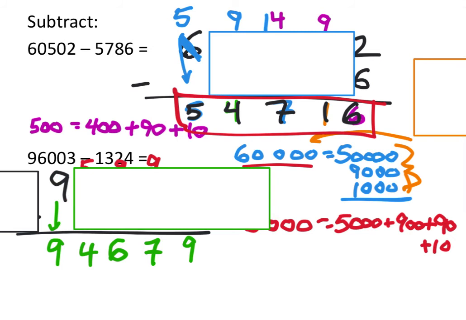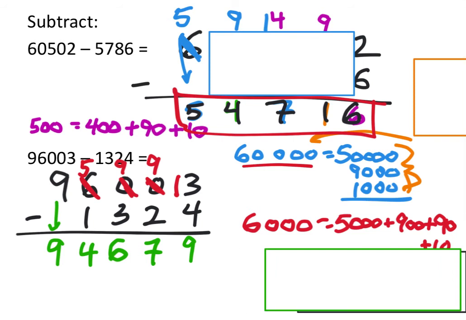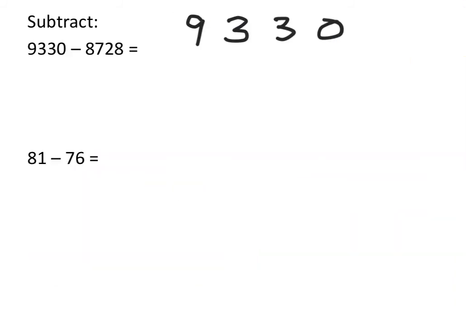All right, so it looks like we have our result here. Move the boxes out of the way. And that would be our difference between 96,003 and 1,324. It is 94,679. So yeah, 9,330, it's a 0 in the ones place value. I'll try to fix that 0. Kind of looked like a jacked up 6. And then we're subtracting